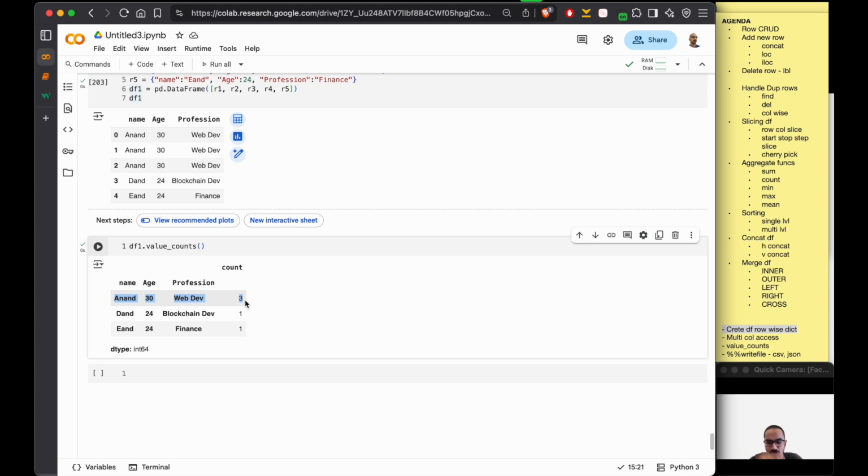Yeah, you can say column level as well. You can think of it as row level and column level, but yes, that is basically this value counts method. This is really useful in data analysis. Now let's look at the last one, which is basically how we can export